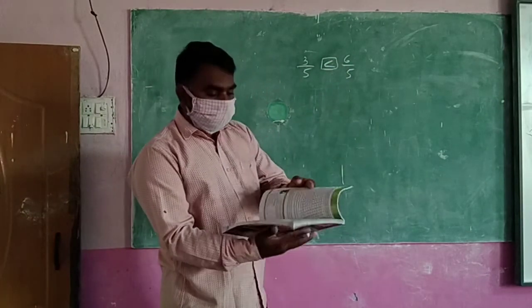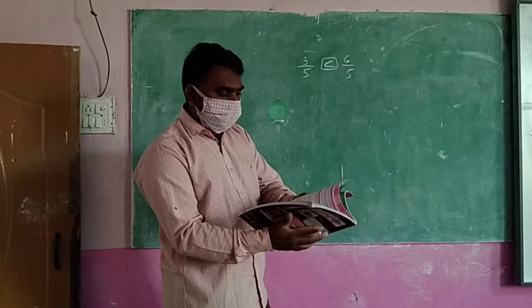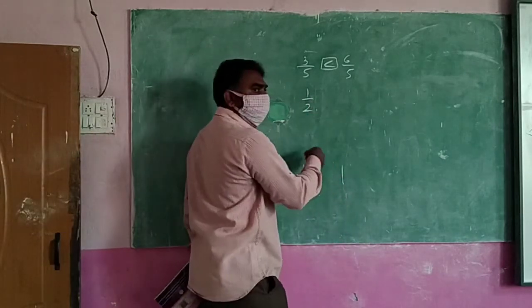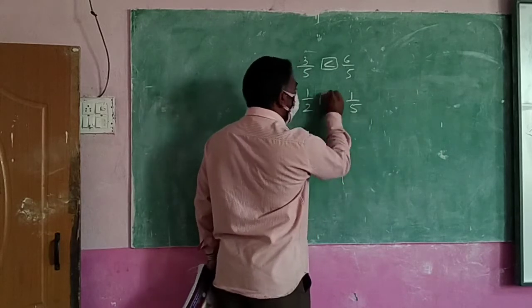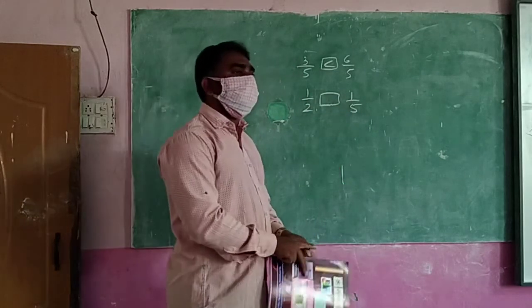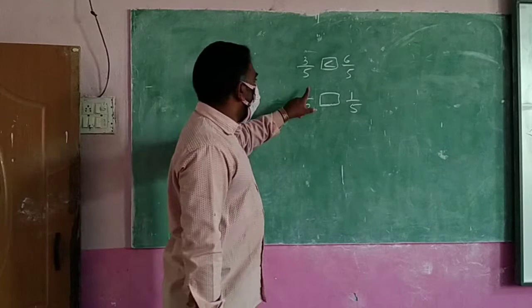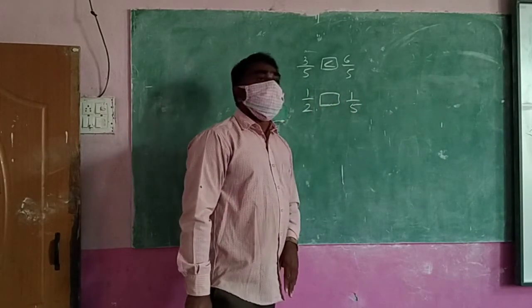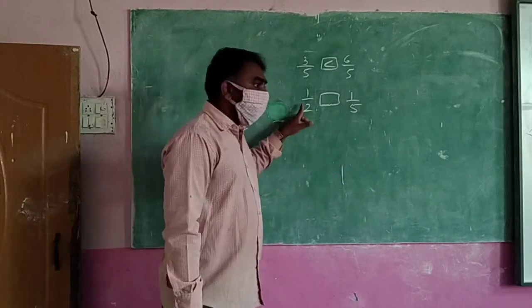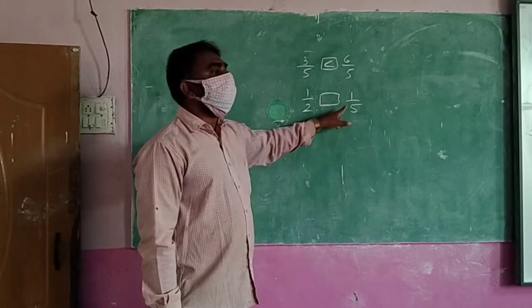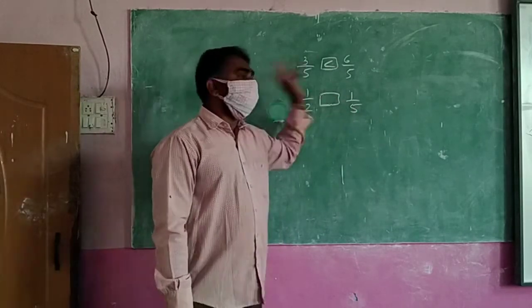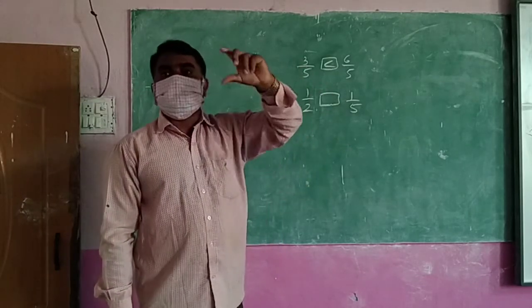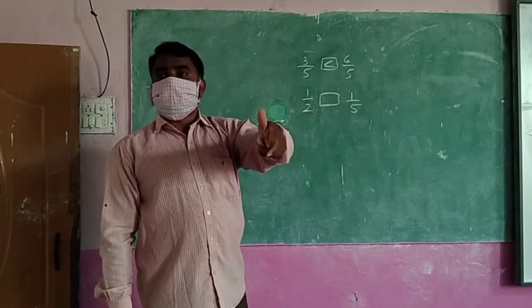Whereas the first problem, you see, what is the first problem? 1 by 2 and 1 by 5. Here can you say which is bigger, which is smaller? If you see the pieces, here 1 piece, here also 1 piece. Do you write equal? No. Why? What is the problem? The size is not the same. When the size is the same, you can see like this. When the size is not the same, you can't say like that. First we have to convert them into the same size.